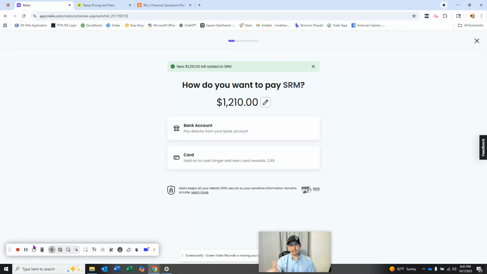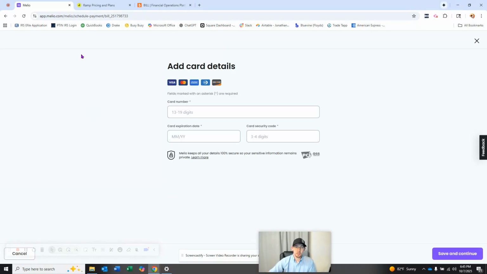Use the credit card, get paid, pay your vendors, keep everybody happy. So I'm just going to click on card. You're going to input your card details. I am not, because I don't want you guys to see my credit card information. But once you enter your card details, it's going to say